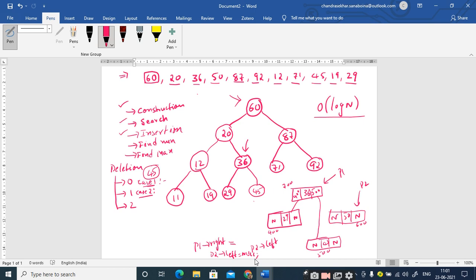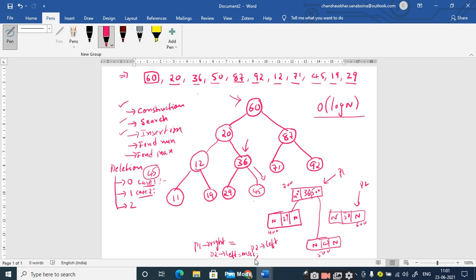Whatever node is replaced, it will become that particular node. For example, here I am replacing the right child of 36. 50 is the right child, right? If I am deleting it, I am replacing the right child. So whether 50 has the left child or right child, it will be treated as the right child of 36 only. Is it clear?